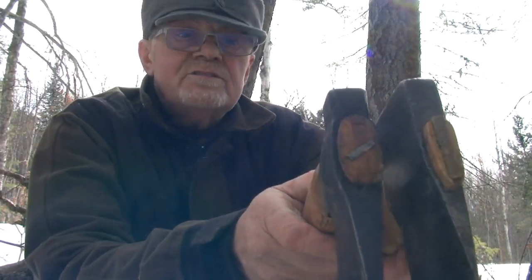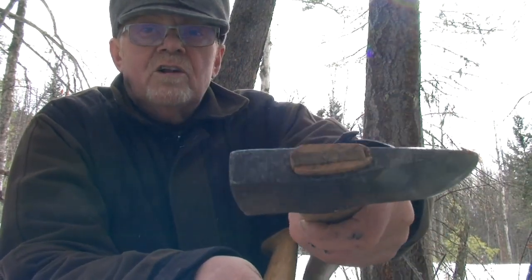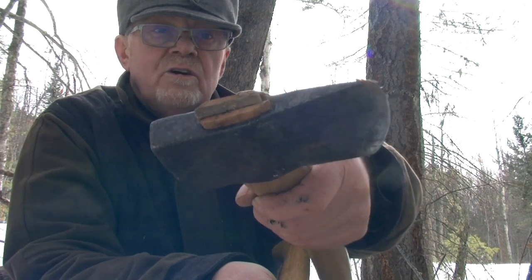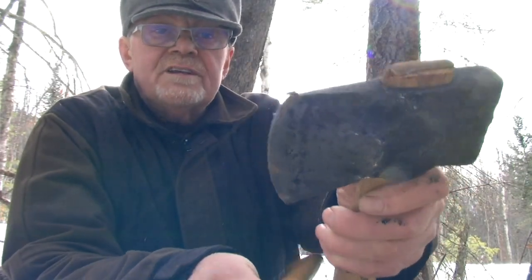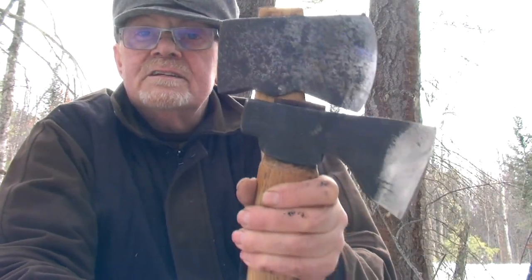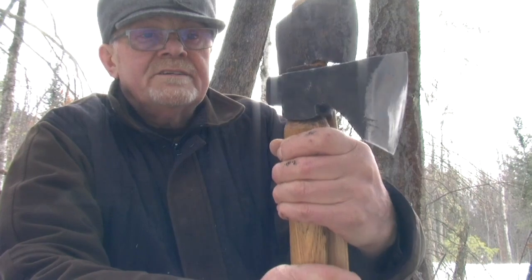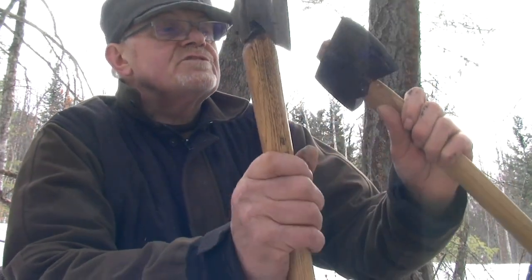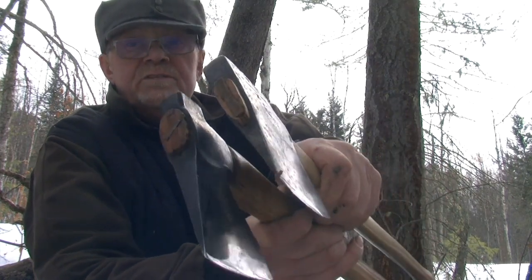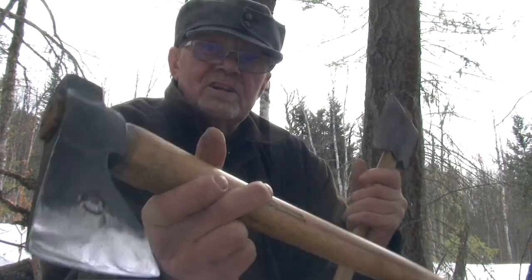There are the profiles of these two guys. What I like about the Stoller is there's quite a lot of the poll out to the back, and this provides extremely good balance. The compensation is that the cutting blade itself is short, putting the two of them like that, you can see it looks very short and stubby. This makes it a very good axe to use one-handed. It splits reasonably well, and it bites into wood very viciously. It probably bites even deeper than the Les Stroud Bushman axe, which of course was made by Wetterlings,